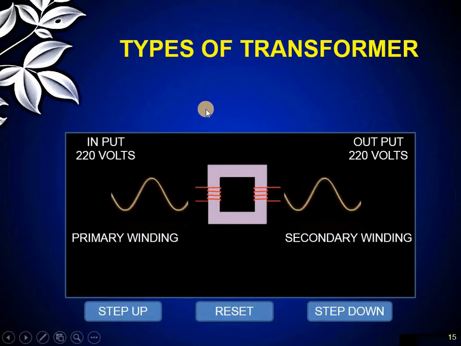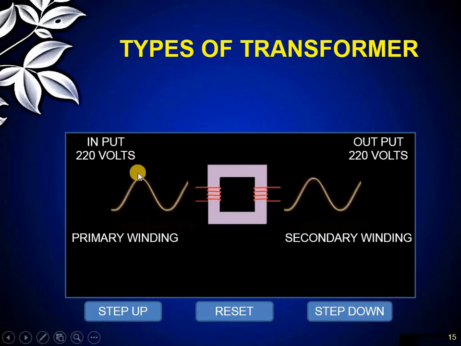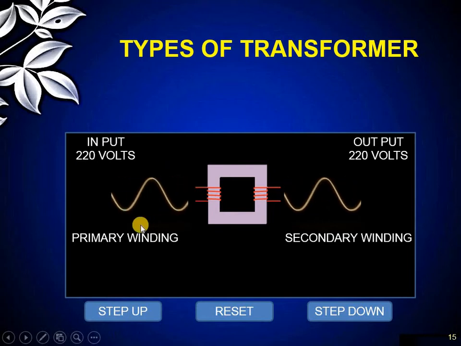Now we will move to types of transformer. Primary winding and secondary winding we will discuss.